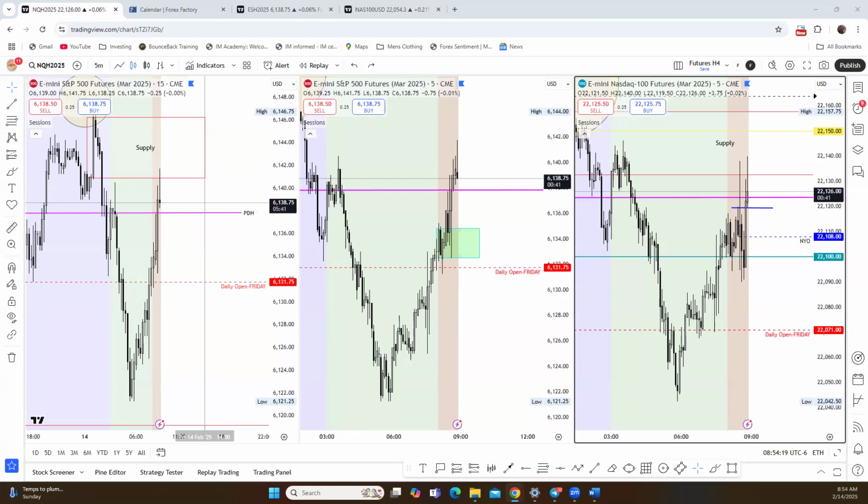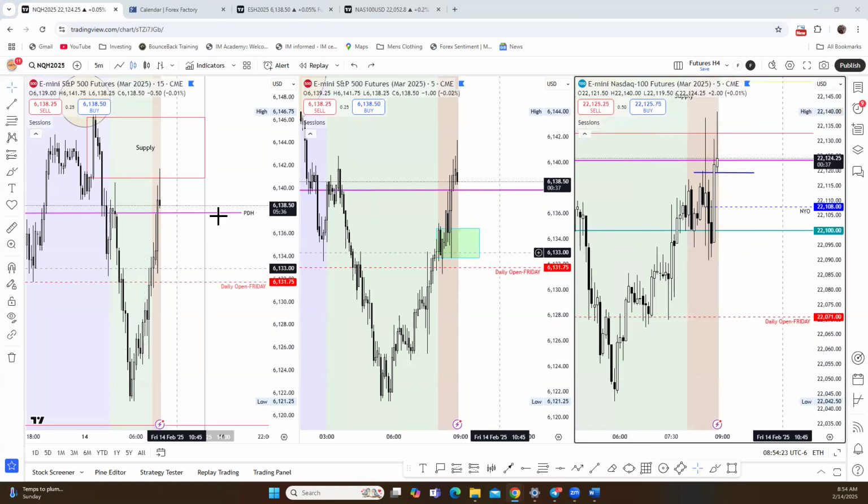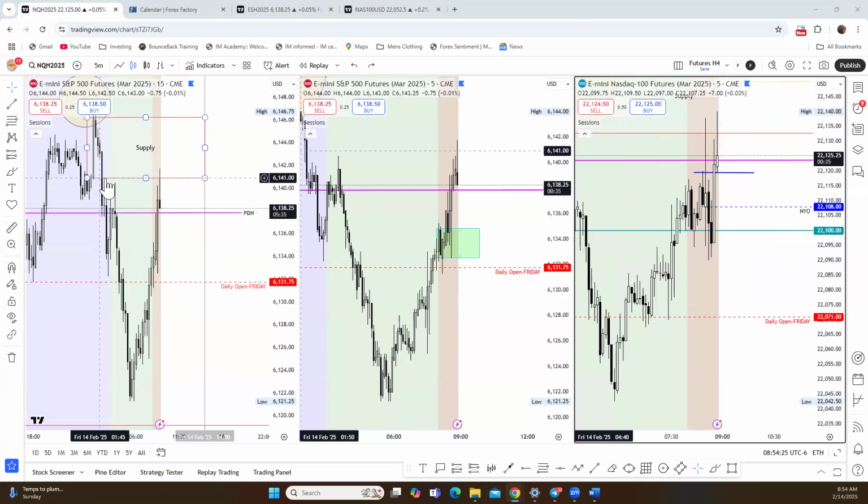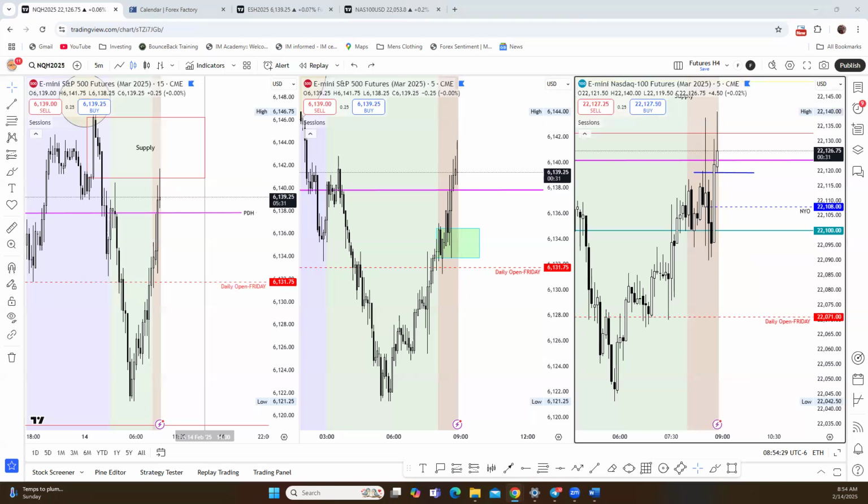And rejection there in the 40s. Rejection in the 40s in the NASDAQ. I'm starting to see that weakness away from supply, right? So this could be the area, guys, where they try to manipulate. So we're inside those 1 hour supplies on both and 4 hour supplies. So you could anticipate people to profit take.